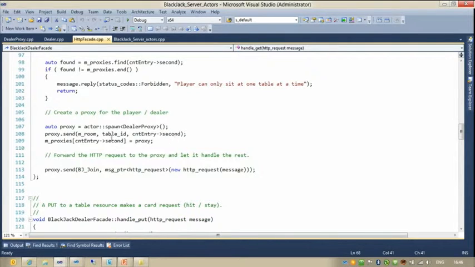But anyway, we go through and we get to the point where we send something to the proxy. This is where we're interacting with the C++ actors model, and we're actually sending a smart pointer to an HTTP request here. So we're sort of passing that on.